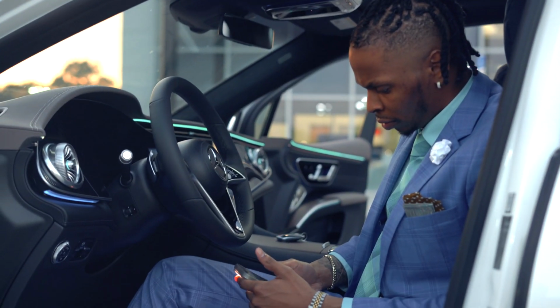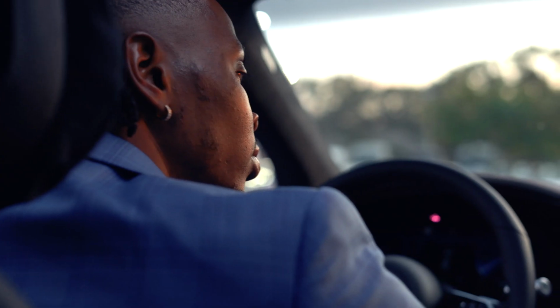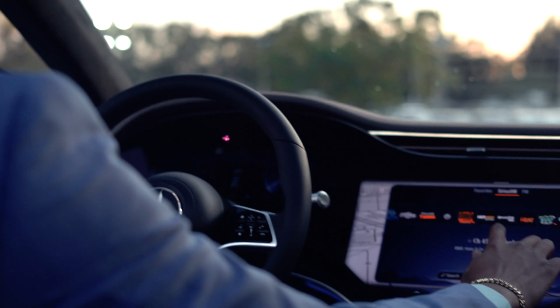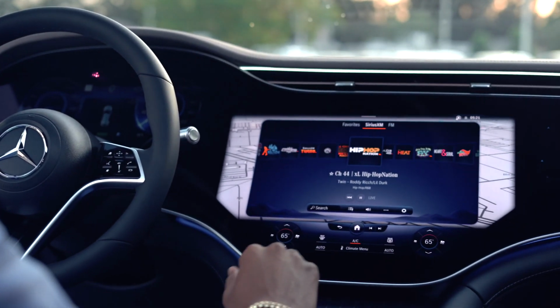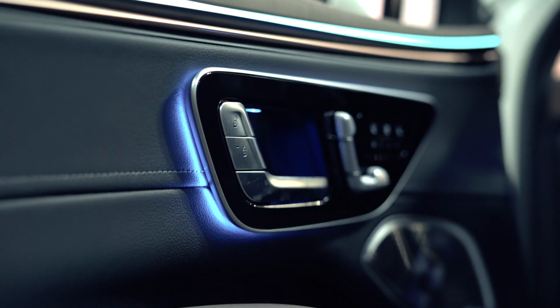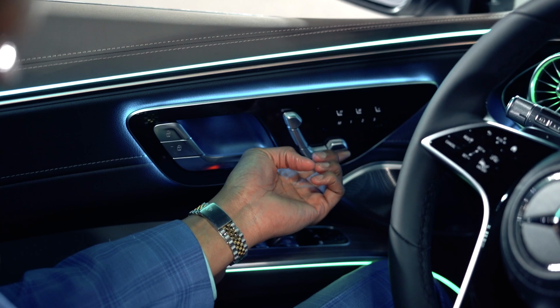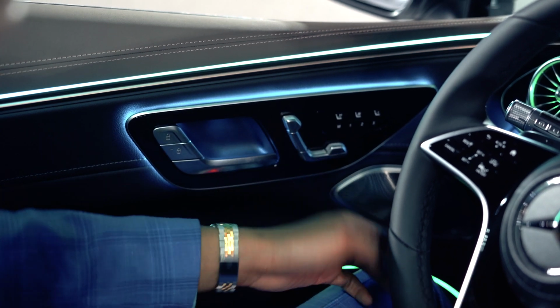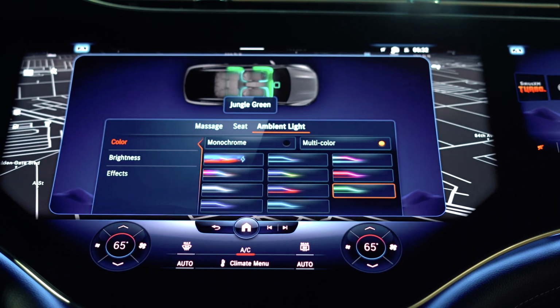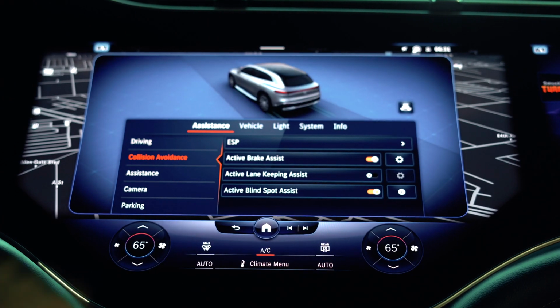Open up the door, you see Mercedes-Benz's very own puddle light lamping with interior kickplate lighting as well. In the front seat, you have Mercedes-Benz's very own 56-inch hyperscreen with wireless Apple CarPlay and Android Auto. The seats also come equipped with heated and ventilated and memory seating with soft touch power seat adjustment. 64 color ambient lighting with Burmester 3D surround sound system, power tilt sliding panoramic roof, dynamic select for different drive